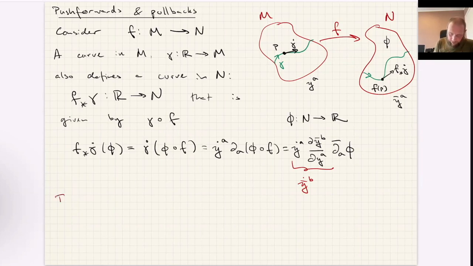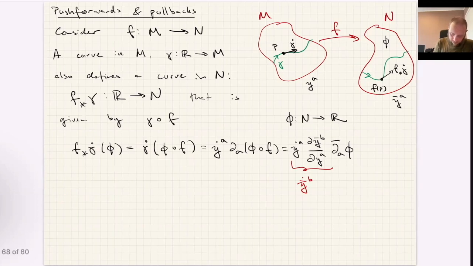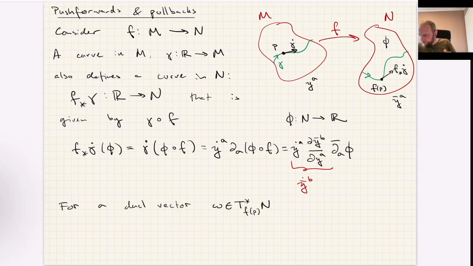By a similar argumentation, we can continue. So for a dual vector, let's call it omega. Let's take a dual vector now in N, at f of p. Okay, so this means I have a dual vector living in this point. So I'm going to be able to naturally relate that to a dual vector in M at the point p. And the way to do that, so we define the pullback by f of omega